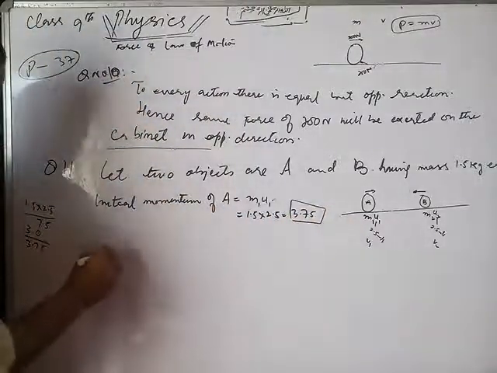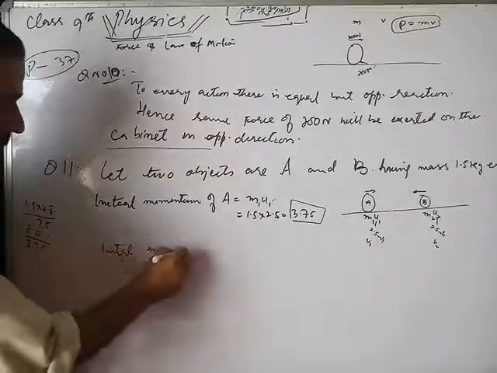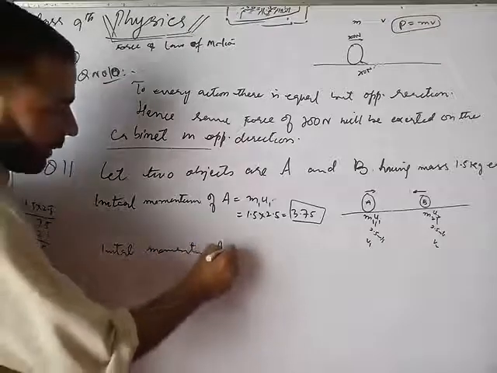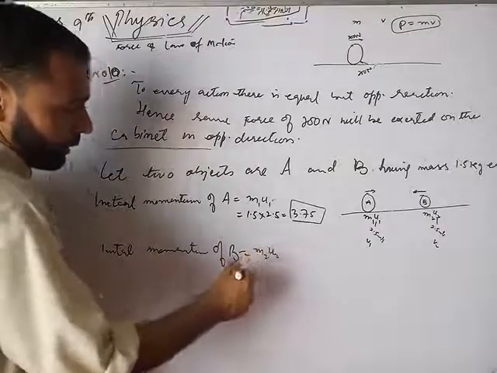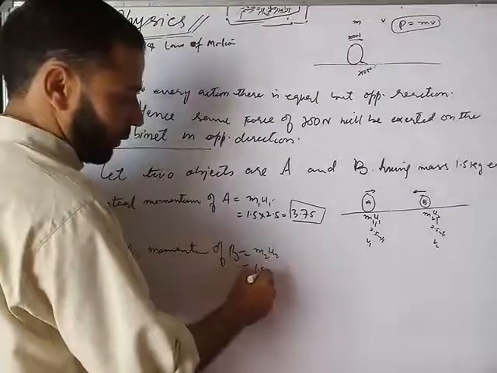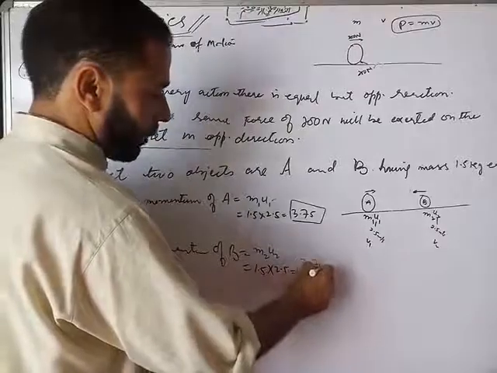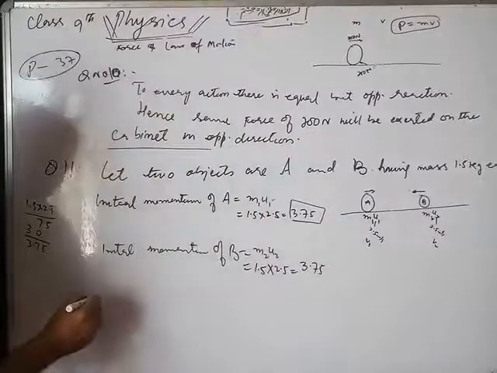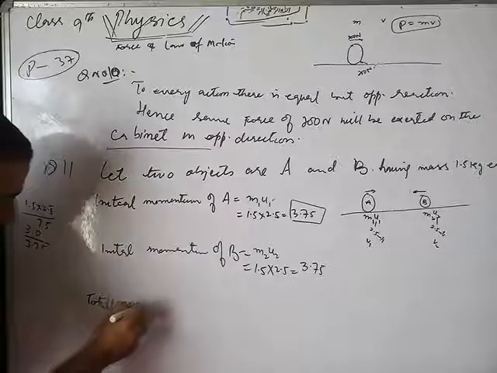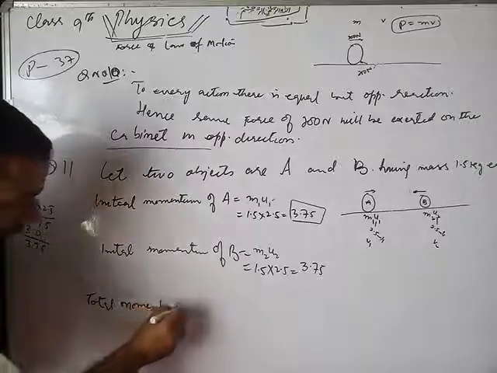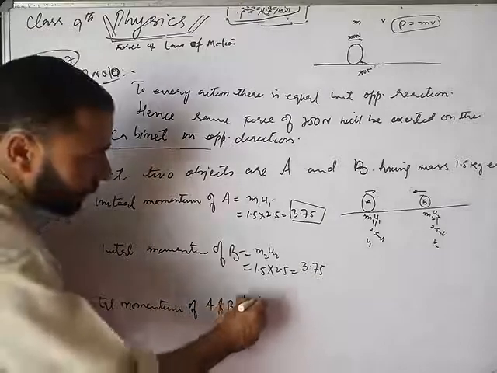Shabash. Initial momentum of B is equal to m2 u2. That is equal to 1.5 into 2.5. That is also equal to 3.75. ठीक. Total momentum of A and B before collision